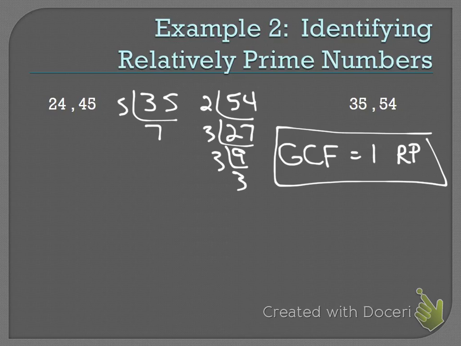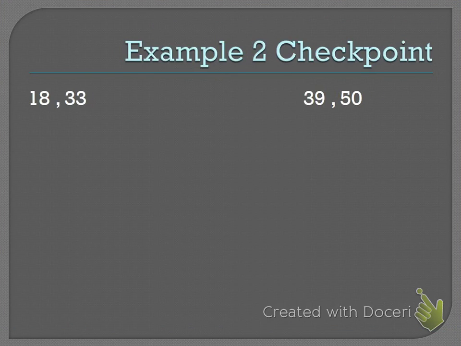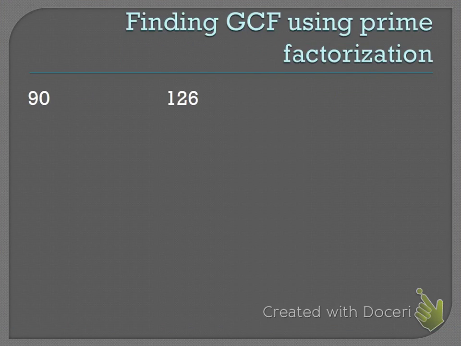Okay? Now, let's make these numbers a little bit harder, okay? Because on your quiz and test, this is more than likely what you're going to be looking at: finding the GCF using prime factorization. Now with 90 and 126, it's not so cut and dry. I can't just list out my factors, I'd be listing a lot of numbers to get all my factors of 126. So I want to do the prime factorization,